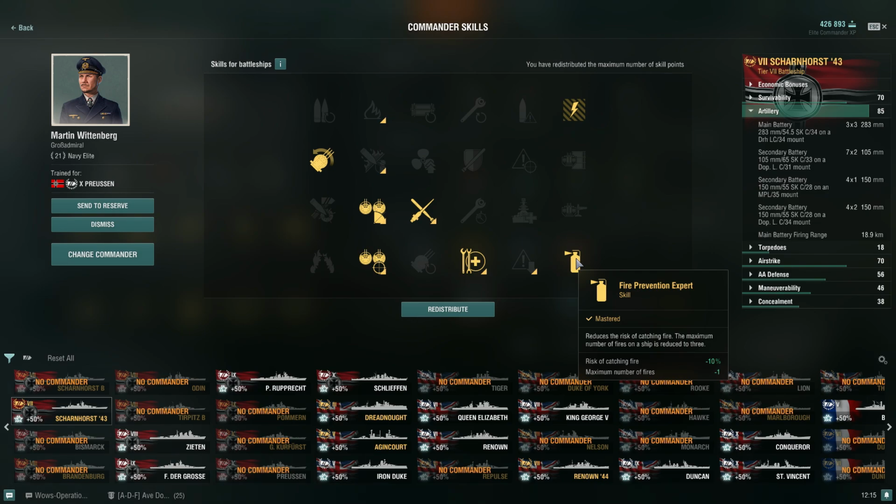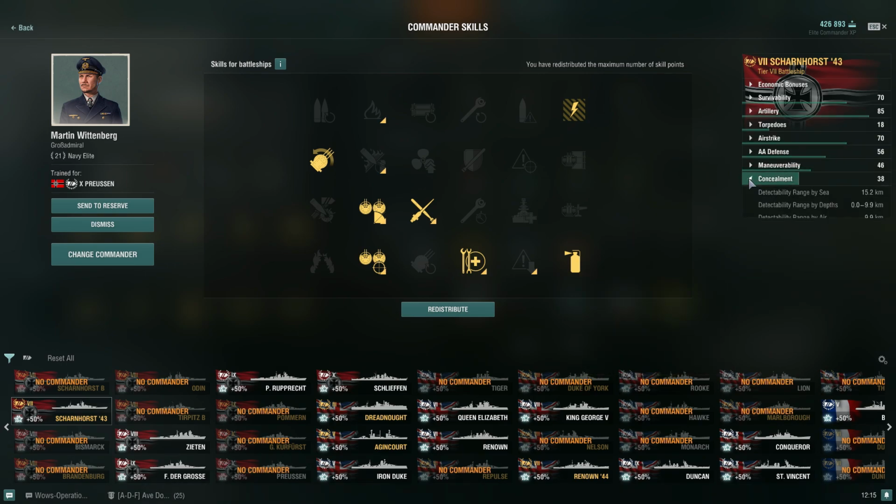Shorter duration on the damage control team, and you have a limited number of charges, but they have a very fast reload time. So they're coming off of the reload really fast, and Schlieffen is great for battleship, battlecruiser, and so concealment makes a lot of sense there. Where, you know, here on Scharnhorst 43, I think overall you're just better off to go with the fire prevention